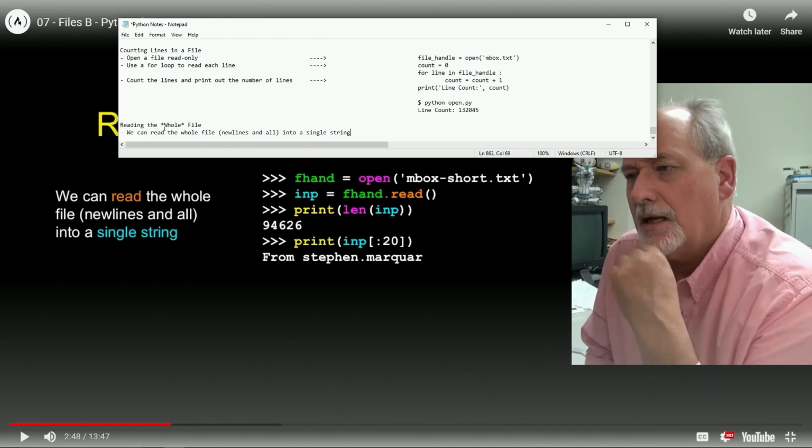So this is a brand new definition of read. We can read the whole file into a single string. That's not a normal sentence. We can't read a book into the moon, but in computer talk, we can do this. All right. So now that we've got that cleared up, let's see.